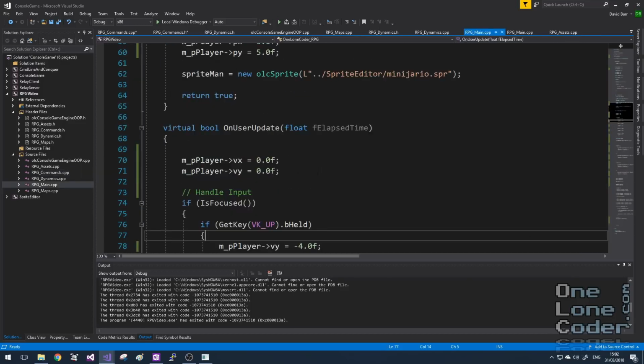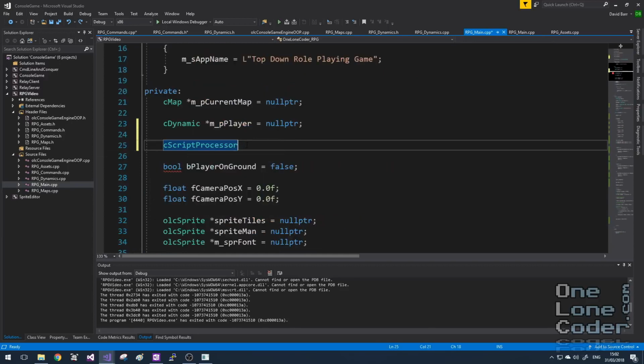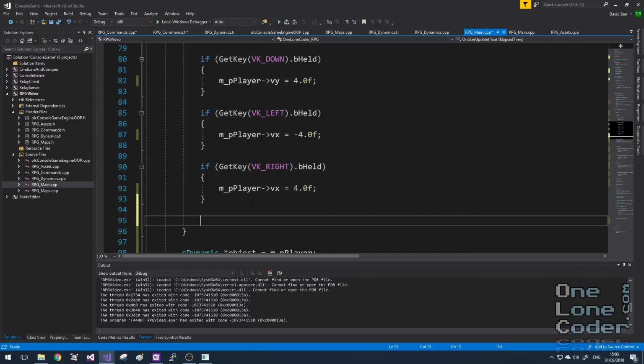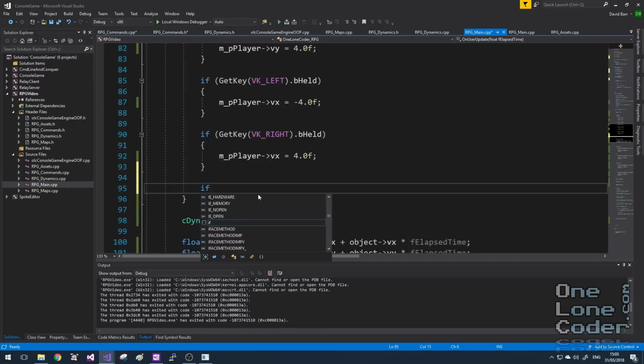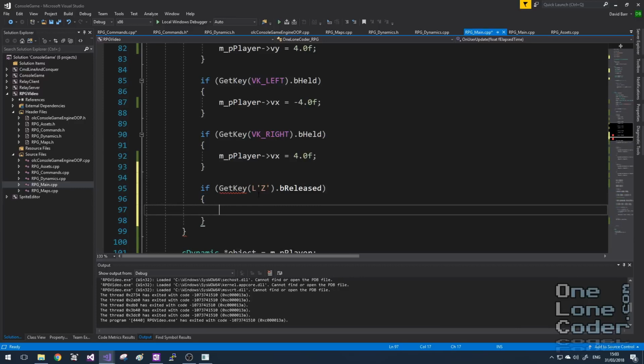So let's try this out by hacking something into our main file. Firstly, let's include the commands file. And I'm going to create a single instance of our script processor called mscript. To test the theory, I'm going to hard code a little script in place whenever the user presses the Z key. So we'll look for that event. So if the Z key is released, we're going to add some commands to the script processor's queue. So I'll take mscript,